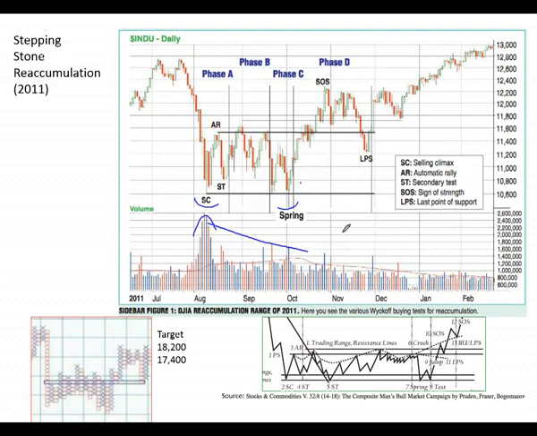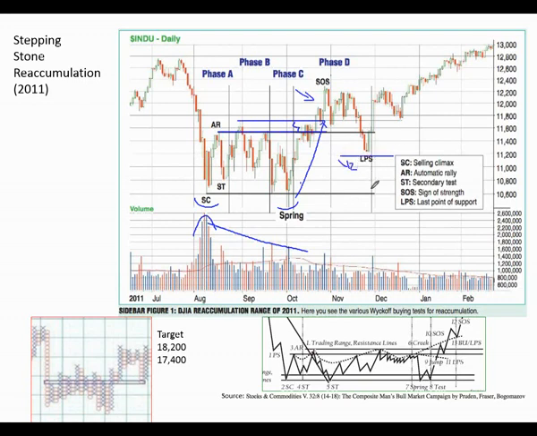but a spring is that moment where the whole character of the market changes, and you can see that right after that, the prices just go right up through the trading range called the accumulation range, or a stepping stone, and makes a major sign of strength, and then comes halfway back into the